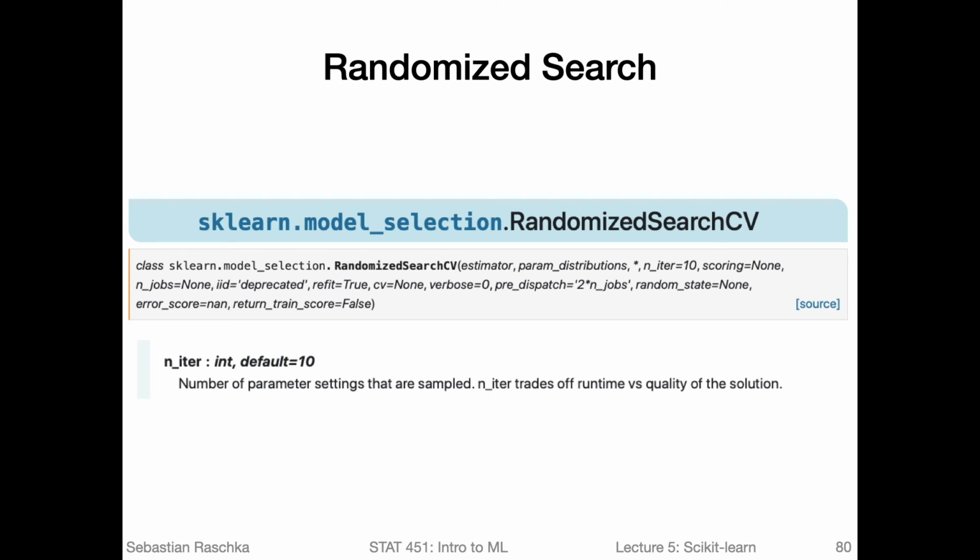But since we already talked about grid search briefly, 2 more related topics. There's also a randomized search, which may be more efficient in practice, because in grid search, we sometimes evaluate combinations that are not good. So if we have a very large grid, let's say multiple dimensions, but I can't draw multiple dimensions, but let's say we have p 1, 2, 3, 4, 5, and so forth, and we have k nearest neighbors with k 1, 2, 3, 4, 5, 6, 7, 8, 9, 10, and so forth.